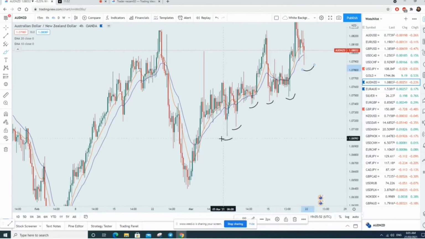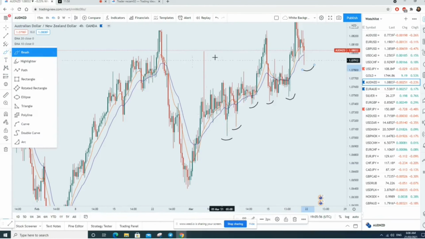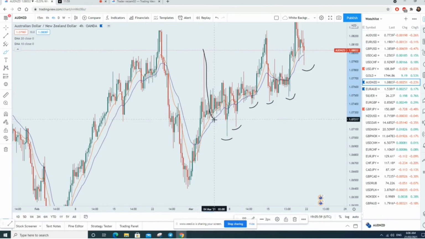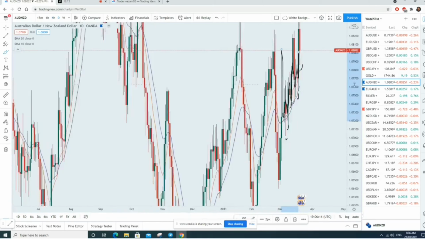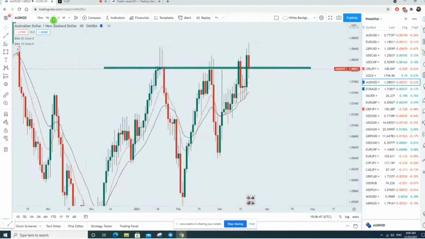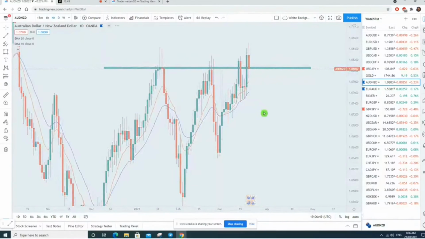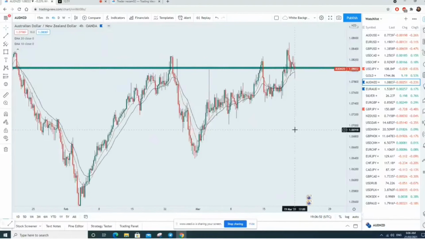Okay, so that means every time the price touches here, the resistance, and comes back, the sellers are getting exhausted. The buyers are taking control. Look, every time the price comes down, it goes up and up and up, and finally the resistance is here. So if we look at the lower time frame, what we will see, look, I told you